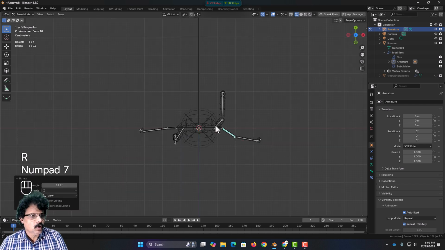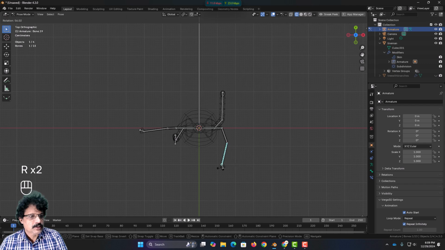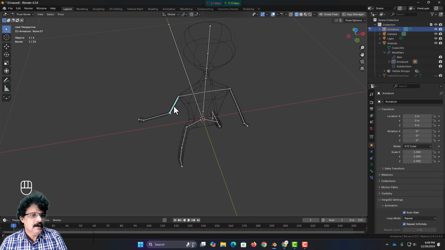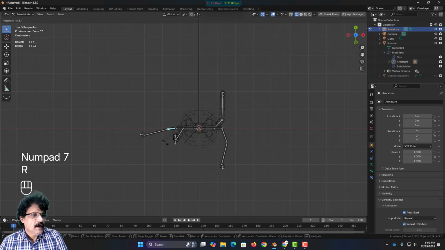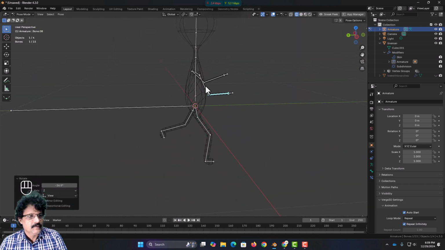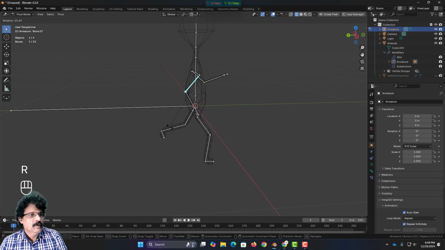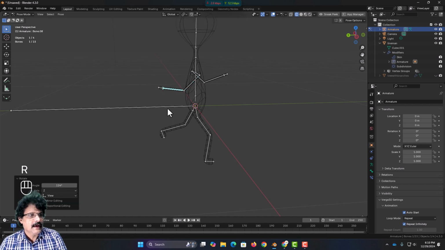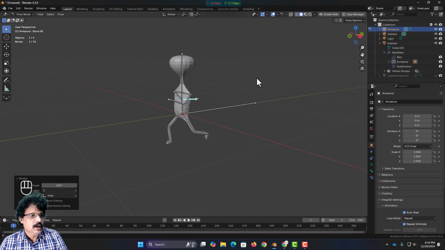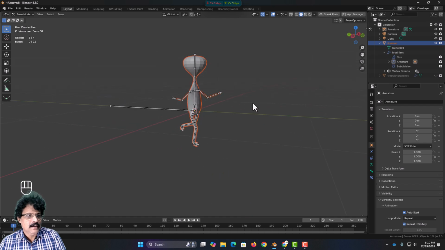I will come to the top view and rotate it to the front, and I will rotate it slightly like this, and similarly I will select this hand, come to the top view, I will rotate it like this, and I will just rotate it like this. I can create a pose like this. I will select this hand now, move it back like this, I will select this hand now, I will move it back like this. And now if I just come into the solid state mode,